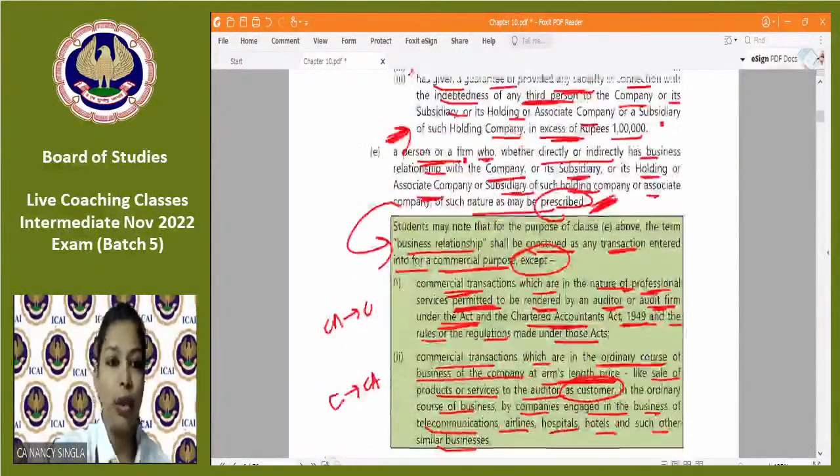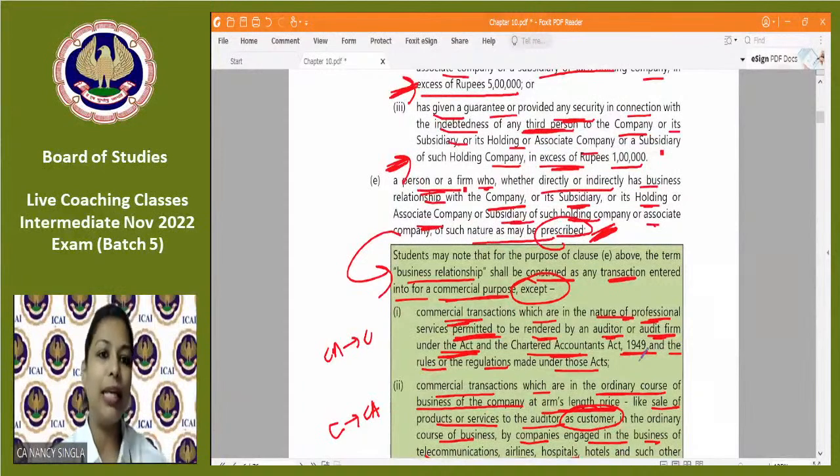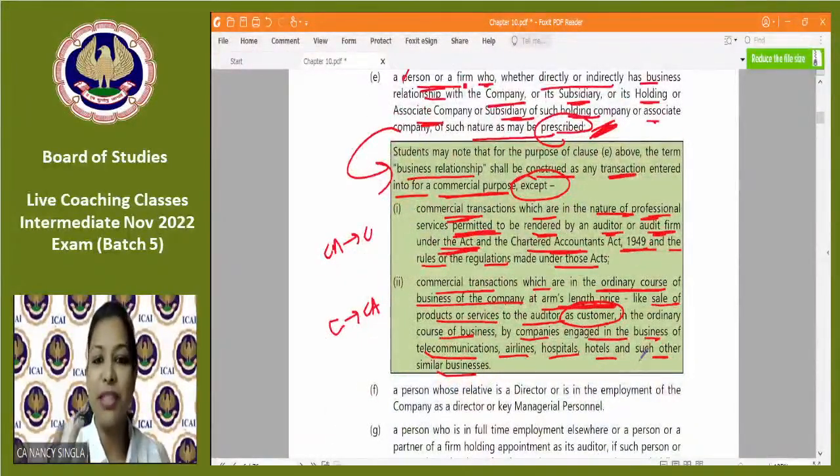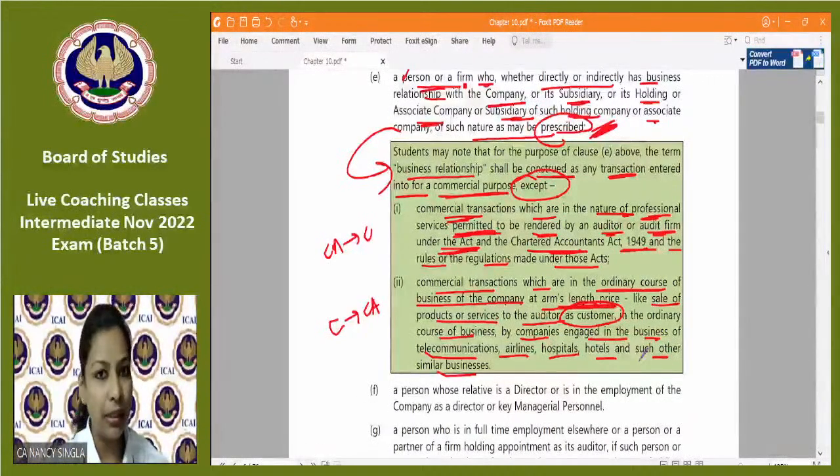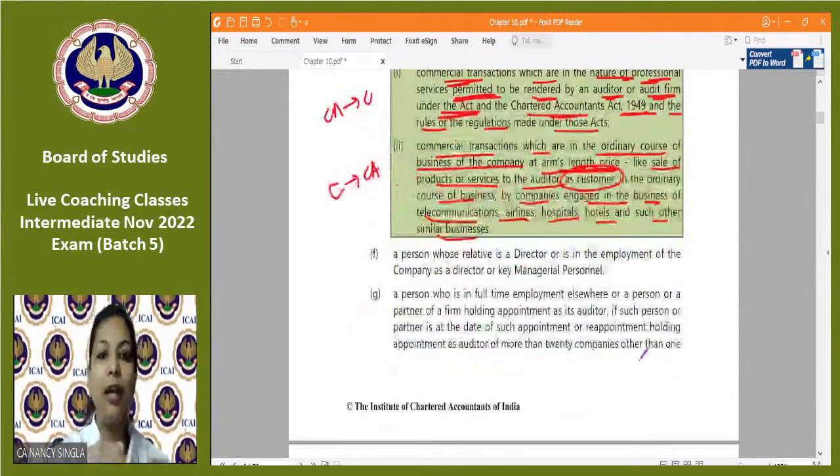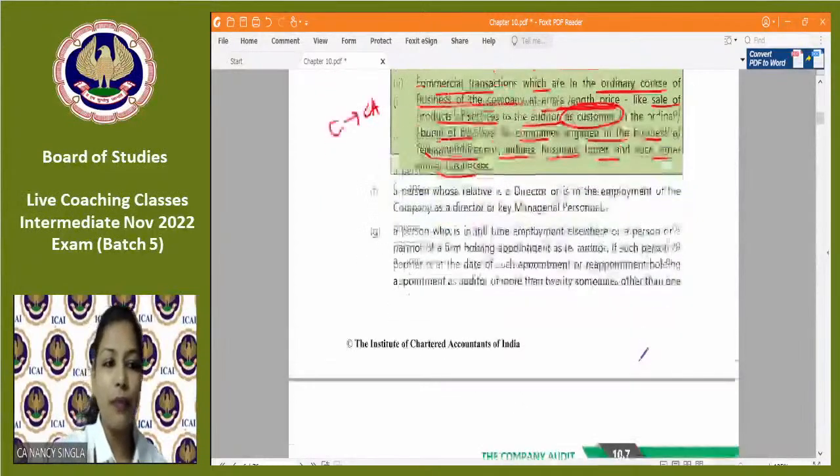ई क्लॉज क्या कहता है, अब वो रिलेटिव वगैरह नहीं है, अब हम क्या कह रहे हैं, पर्सन या फर्म डायरेक्टली या इनडायरेक्टली बिजनेस रिलेशनशिप रखता है किसके साथ, सब कुछ सेम है बट एक एक्स्ट्रा है, और एसोसिएट कंपनी, सब्सिडियरी ऑफ एसोसिएट कंपनी, ठीक है। ऑफ सच नेचर एज में बी प्रेस्क्राइब्ड, रूल्स में कहा गया है कि बिजनेस रिलेशनशिप मीन्स एनी ट्रांजैक्शन एंटर्ड इनटू फॉर अ कमर्शियल पर्पस, बट क्या नहीं आएगा, जहां सीए प्रोफेशनल परमिटेड सर्विसेज रेंडर कर रहा है, परमिटेड कहां पर, सीए एक्ट में, कंपनीज एक्ट में, या रूल्स एंड रेगुलेशंस मेड देयर अंडर में, या कमर्शियल ट्रांजैक्शन जो ऑर्डिनरी कोर्स ऑफ बिजनेस ऑफ द क्लाइंट है, आर्म्स लेंथ प्राइस पे है, एज अ कस्टमर है, इन टेलीकॉम, एयरलाइन, होटल, हॉस्पिटल्स एंड सच अदर सिमिलर बिजनेसेस, ठीक है।